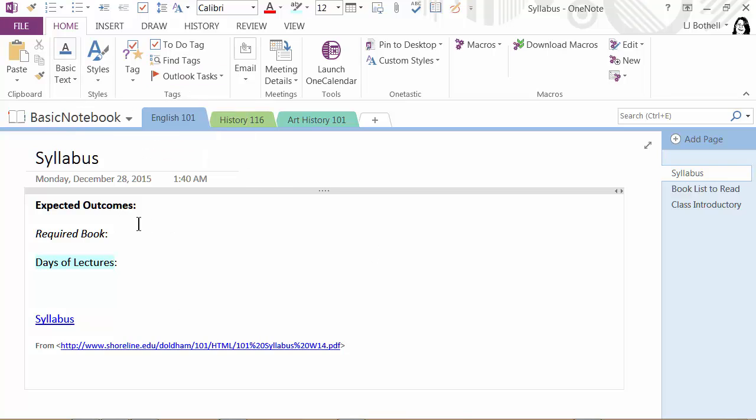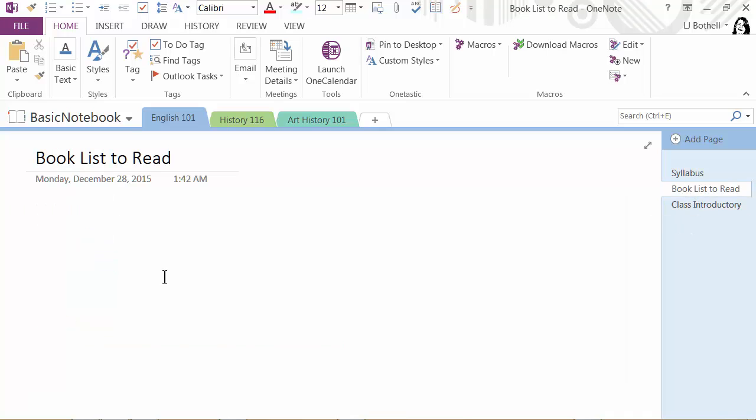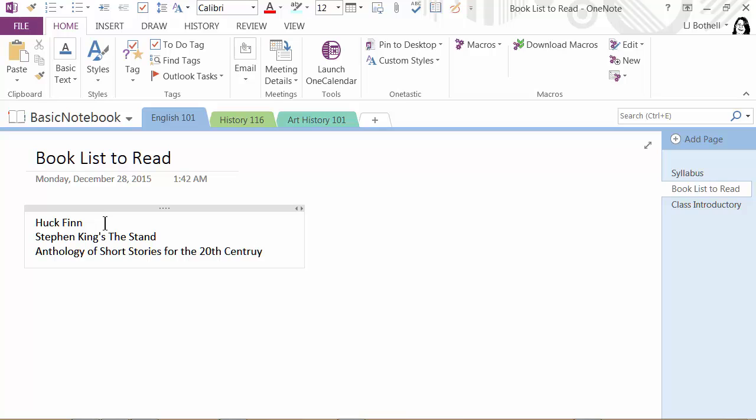You can do a to-do tag. This is one of my favorite things to add to a book list to read. Say I have in my English 101 class Huck Finn. I have Stephen King's The Stand. And let's see, what else do I want to read? Oh, I don't know. Anthology short stories for the 20th century. I can't spell century. So if I have these and I want to treat this as a checklist, I can